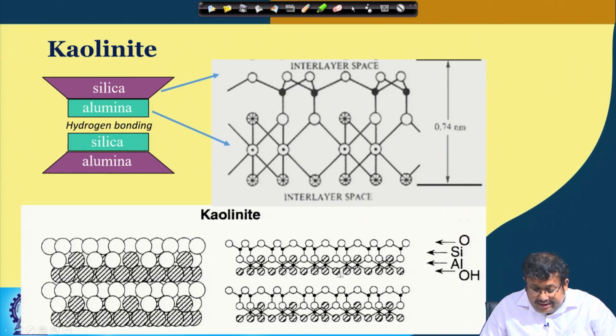So, you can see the hydroxyl ionic layer is coexisting with the oxygen layer, and as a result of this difference in their electronegativity, there will be formation of hydrogen bonding. As a result of this hydrogen bonding, the interlayer space between kaolinite is very limited, and that basically explains why kaolinite is